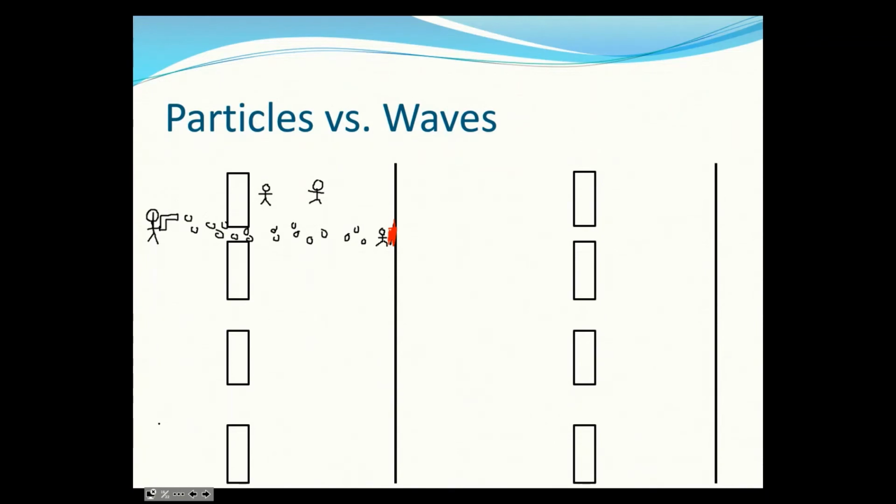So waves work a little bit differently. If I send a wave through, this is me right here. And instead of bringing a paintball gun to school, I decide to yell at students in the hallway. So I send a sound wave through. This is my sound wave coming off of me. And what's going to happen is that as those waves go through this opening here,